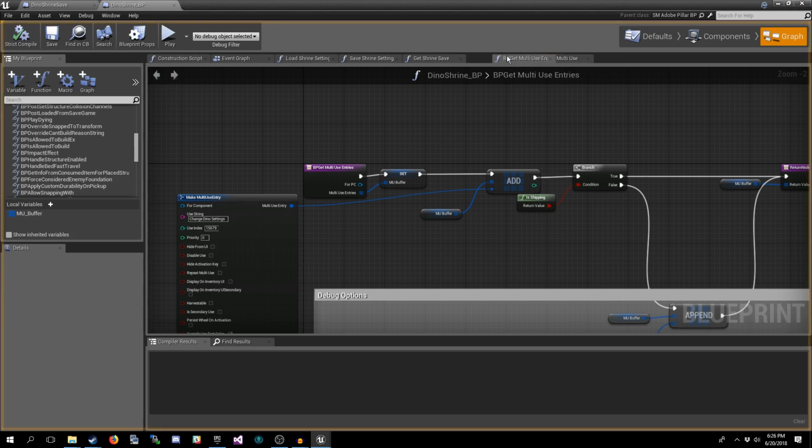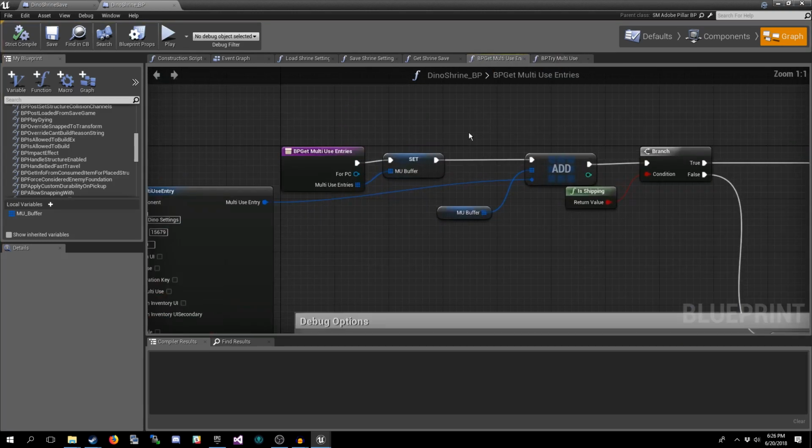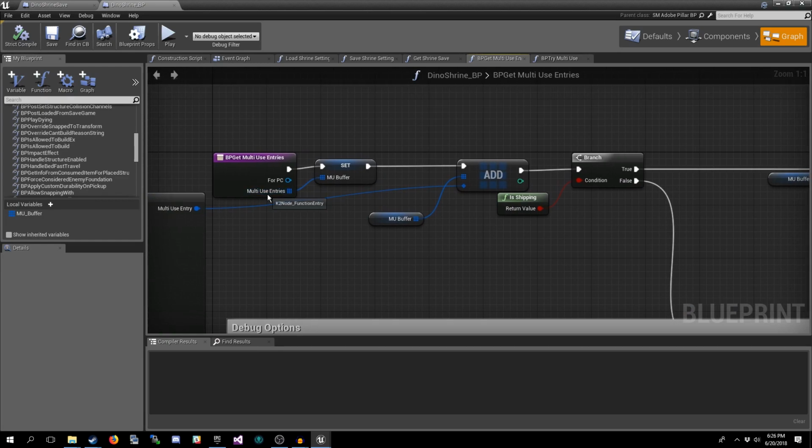So let's look at BP get multi-use entries, because this is sort of our entry point for this system. It gives us an array of multi-use entries. Now, because this is an array of structs, we don't want to edit it, because structs, this is not being passed by reference. This is basically a copy.